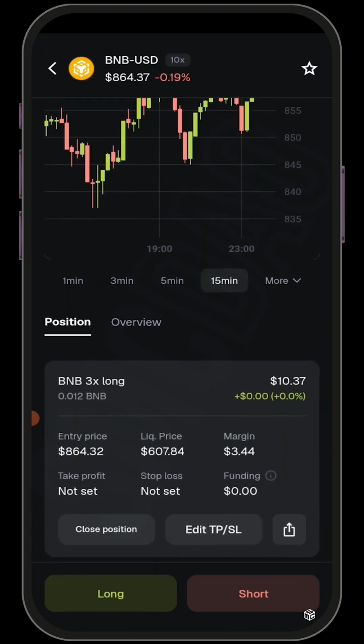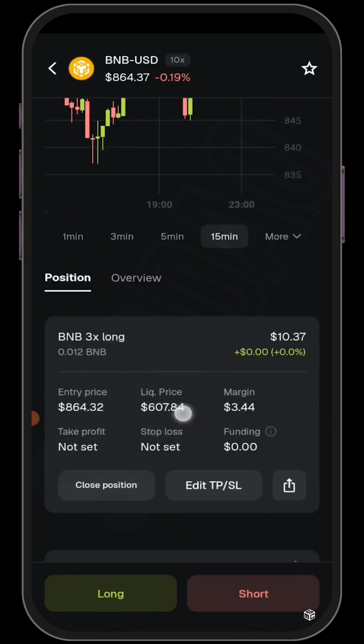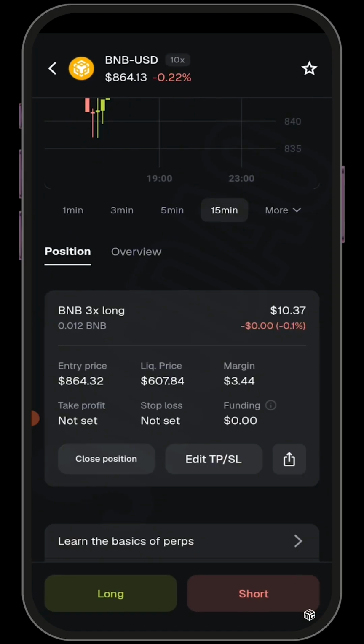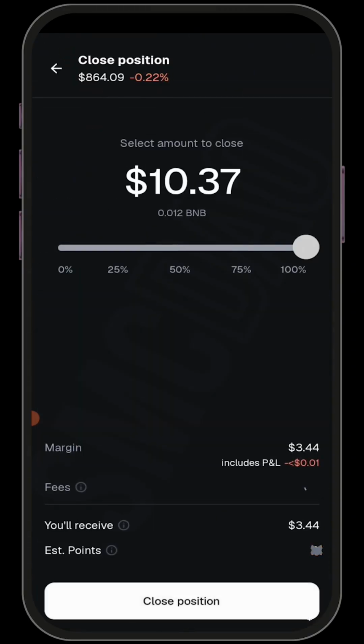All right, guys, so I have successfully longed this asset, and you can see my position right here. And just like we have in centralized exchanges, you can still enter your take profit and your stop loss, right? So if you want to close your position, very easy, just select close position,